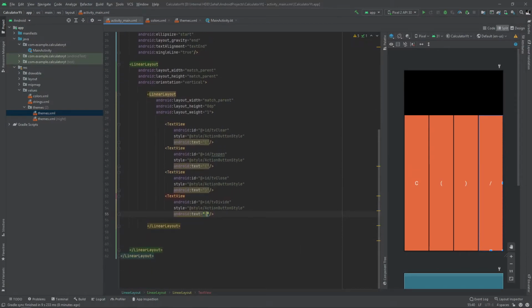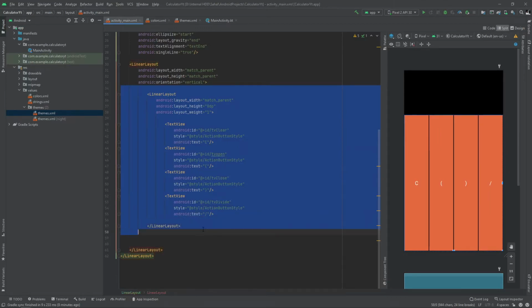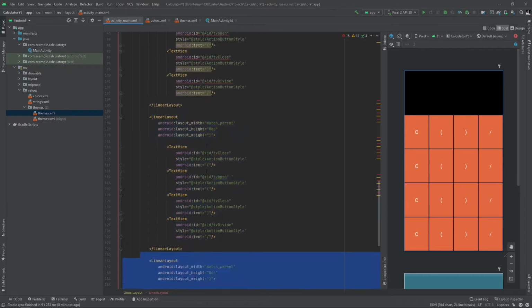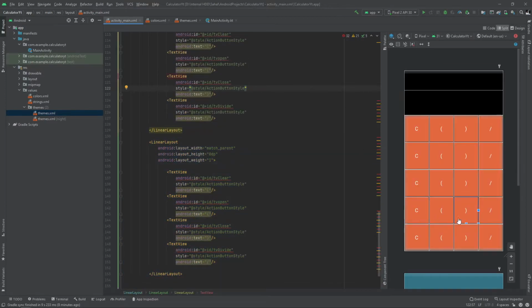So here I have a linear layout of this box, and I have to just copy this linear layout 5 times. So it's already 1, 2, 3, 4 and 5. So here we have the layout.